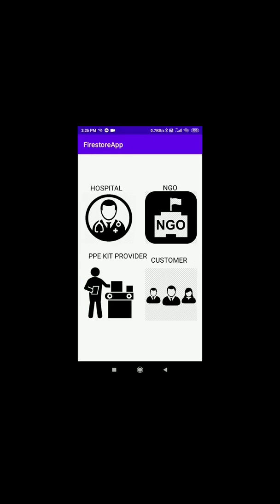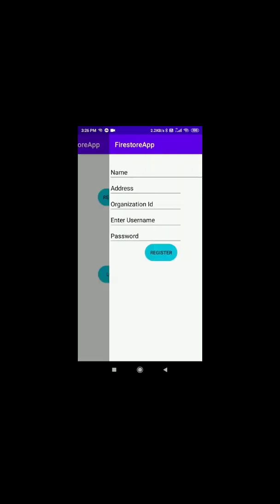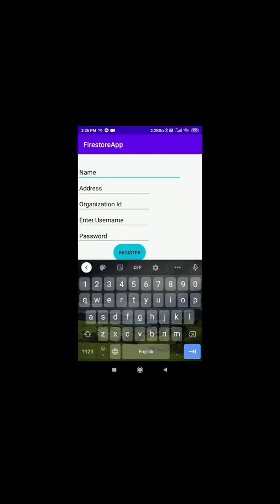Now we register one of the PPE kit providers with the name of the provider, the address, the organization ID, the username for login purposes, and a password. Again, the username has to be an email ID for authentication purposes.